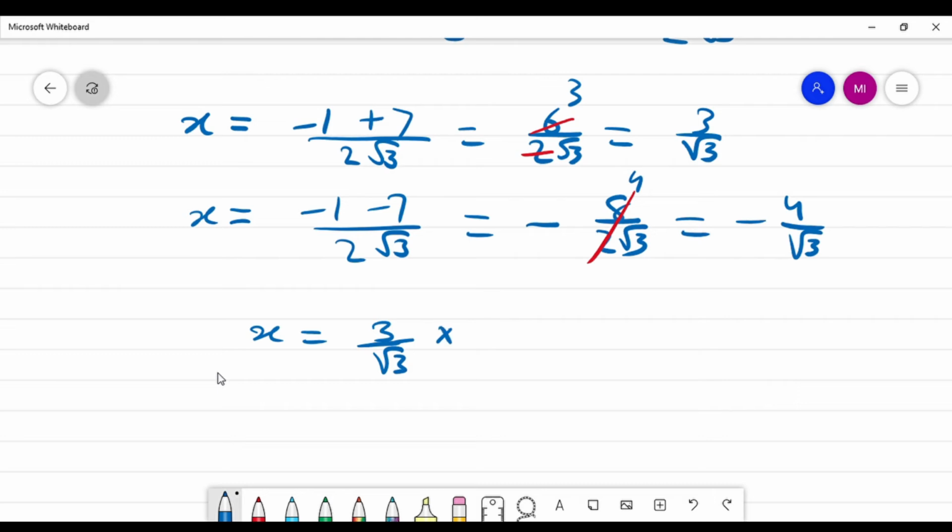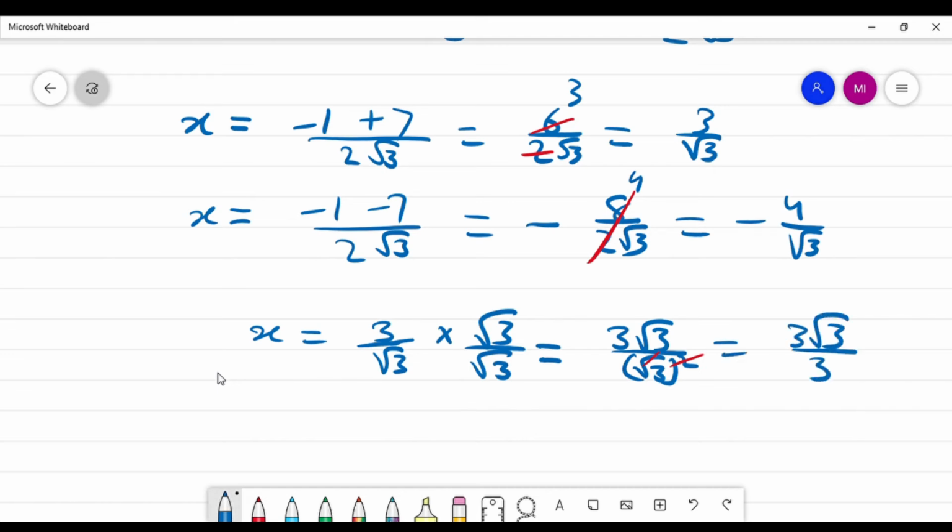So we're going to multiply by under root 3 over under root 3, which would give us 3 into under root 3 divided by under root 3 squared. The square and under root cut out, and we get 3 under root 3 divided by 3. And then these two cut out, so we get under root 3 as one answer, and the second value is x is equal to